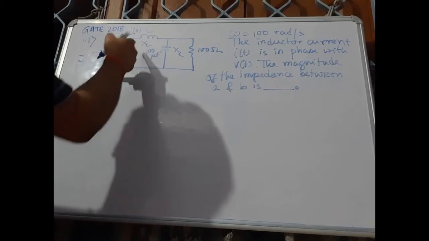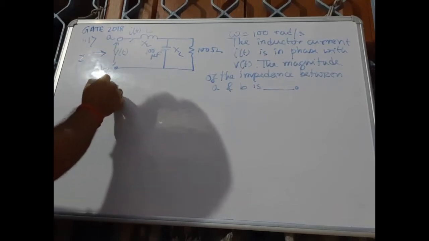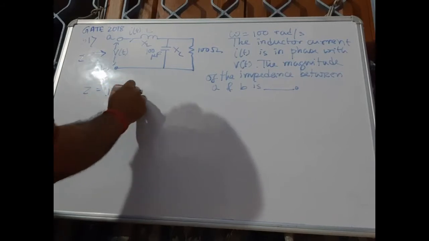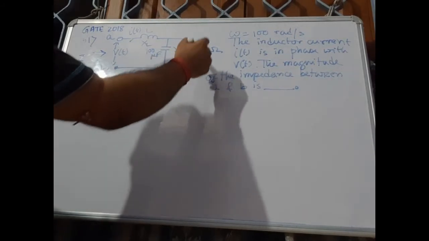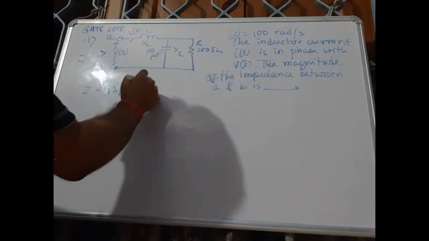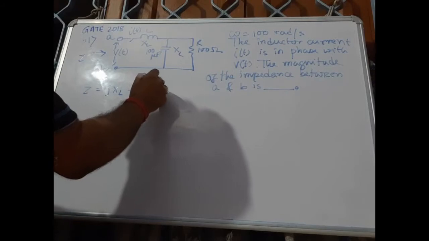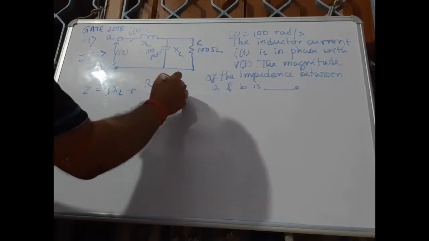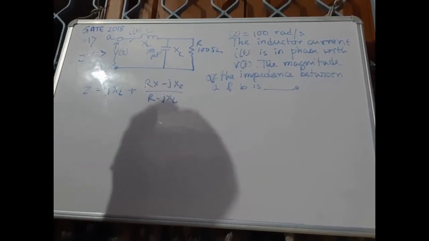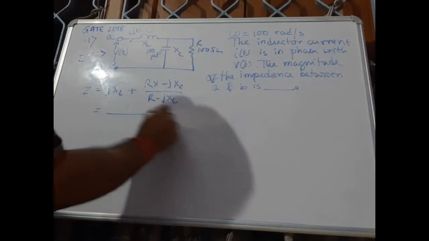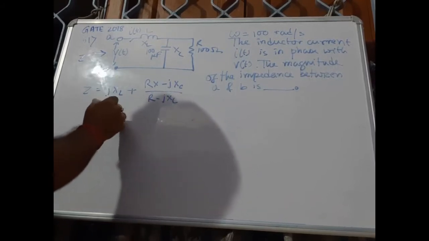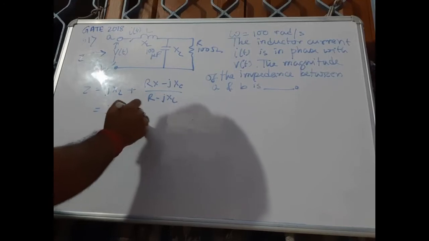Z is equal to jXL plus, and these two are in parallel, say this is R, so R into minus jXC divided by R minus jXC, right? Now if I do this,